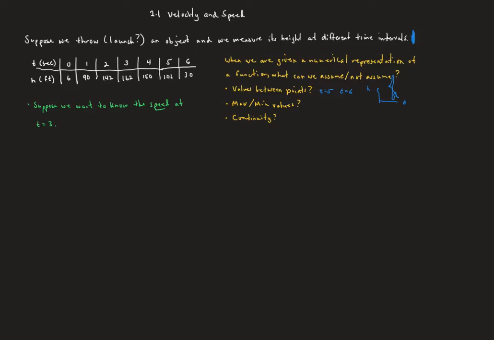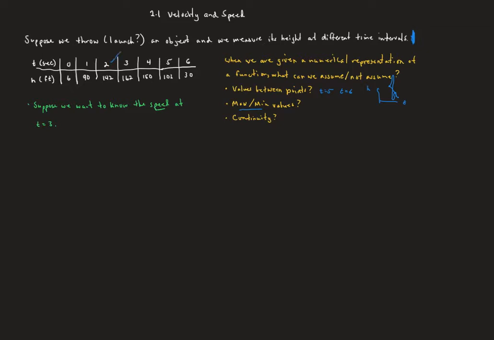Now in this case, if we're throwing an object in the air, we know a little bit more about how it's going to behave, because if we're here on Earth and we have gravity, then it's a little more predictable. But in general, we can't assume anything about those values in between. We certainly cannot assume anything about maximum and minimum values. It looks on the table like 162 is the maximum height,